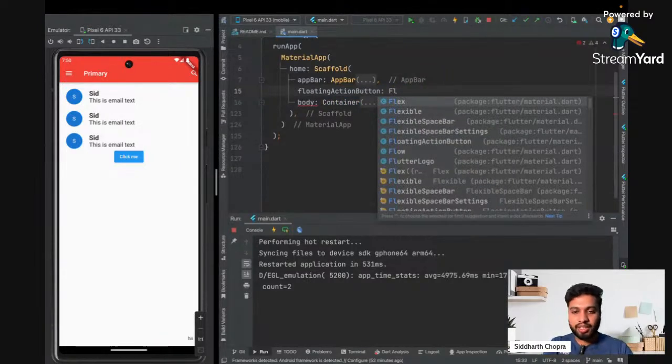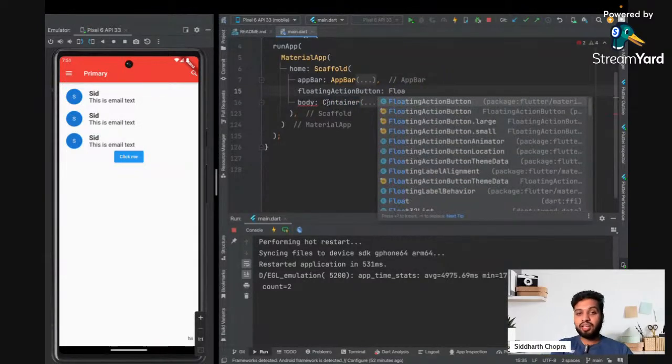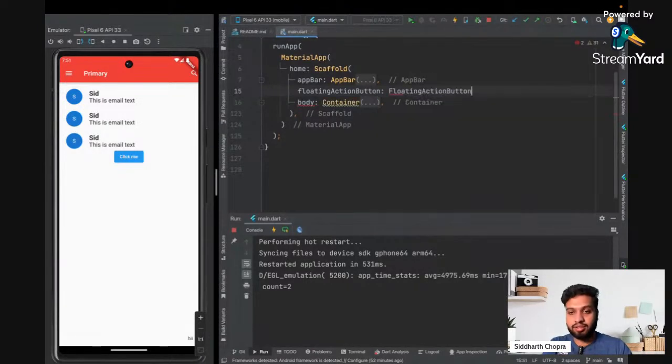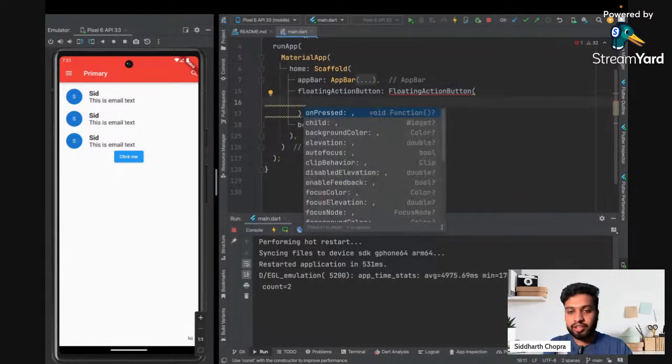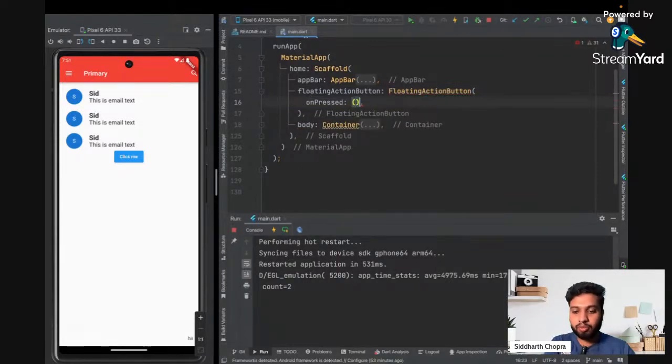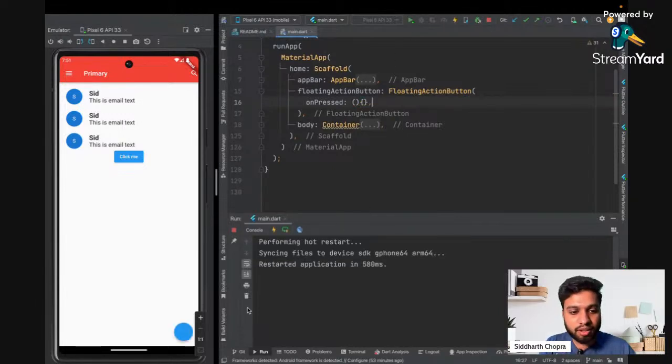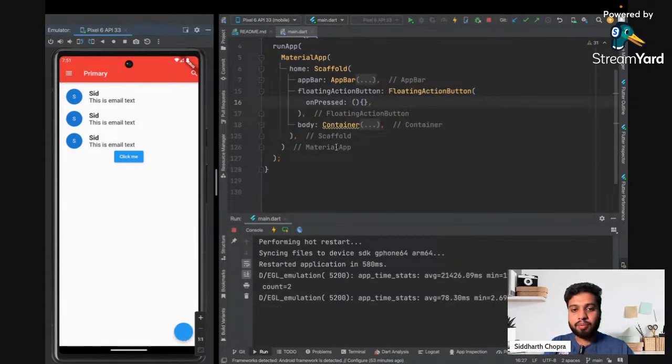So let me just guess if they have created something similar for the app bar. So we again have a floating action button as well. So I will just use a floating action button, and inside the floating action button we can find the onPressed function, and I just want to put this function as empty, and another parameter, the floating action button. Okay, so it is not compulsory. So here we have a button,